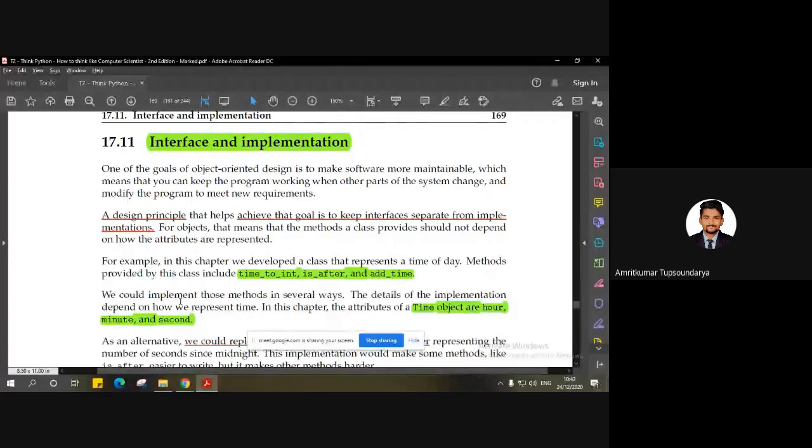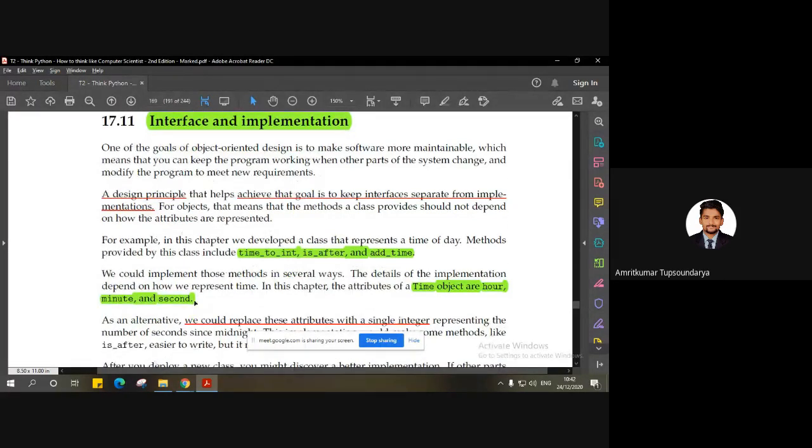If I have to give an example, you must have experienced it, or read it or watched it in the news, that recently, in the previous week, Google faced a problem throughout its applications, be it Gmail, YouTube, or Google Classroom. In the last week, we saw a small glitch in the Google server. The problem was that they were trying to keep the interface the same by making some changes in the background, in the implementation part.